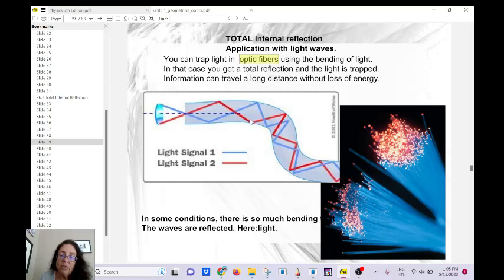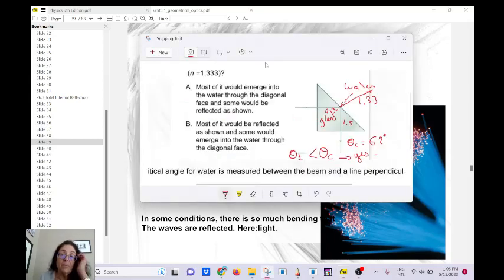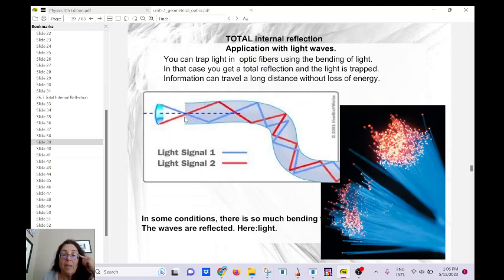So why do we use that? We use that to transport information. And why do we want to use light for internet data, for example, instead of radio waves that we use, for example, for communication? It's because there is a principle, and you can look it up. It's from a physicist or scientist named Shannon, and it says that the number of bits, so 0 and 1, that you can transport per second, so the rate at which information can be transmitted,